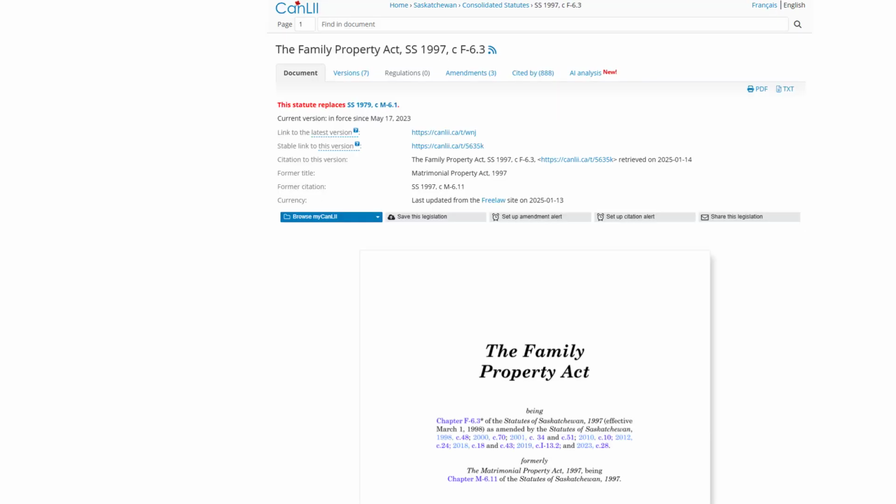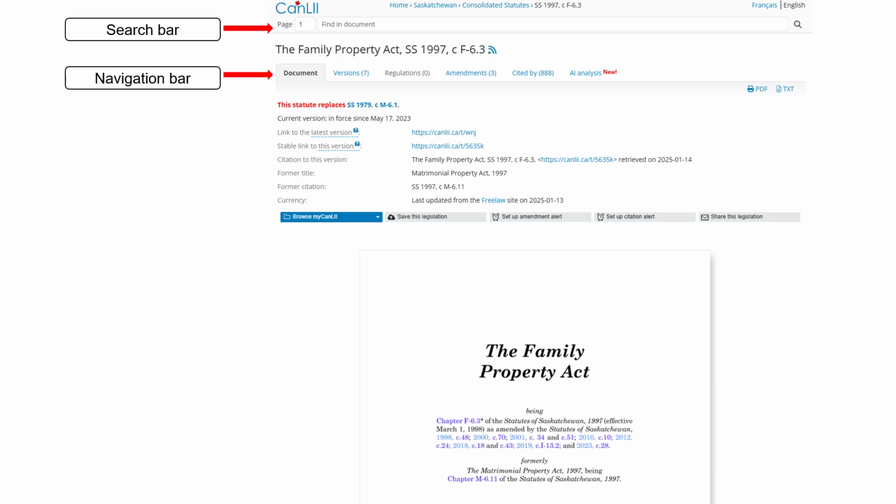of this statute. All legislation, like case law, has the same basic format and appearance. So let's review how a statute is structured on CanLII from the top to the bottom. We have a search bar that allows you to search within the statute with keywords, a navigation bar, the currency date, indicating this is the current version of the statute,